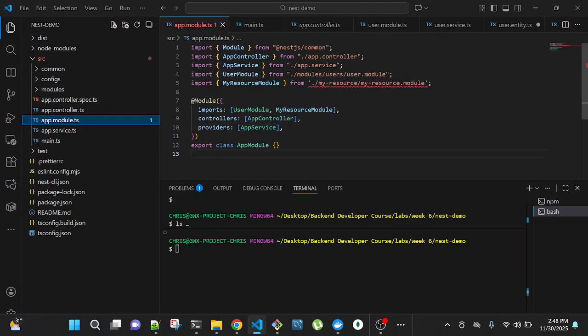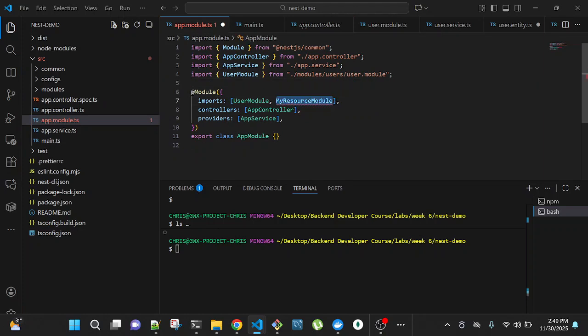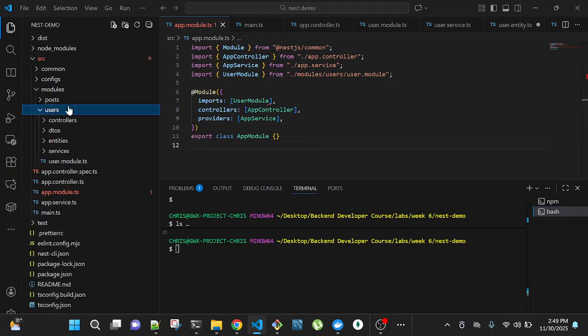So I'll come here and remove it. Alright guys, so basically now we are good to go. Our app is running, and let's continue.